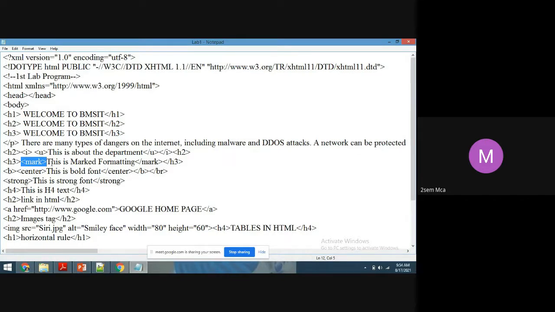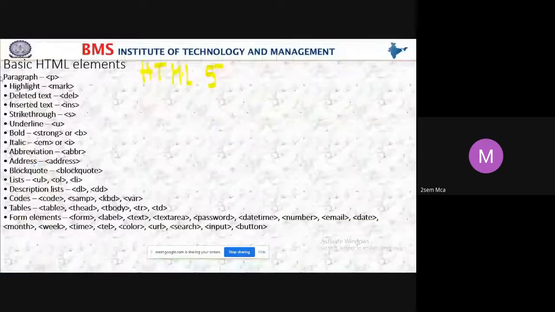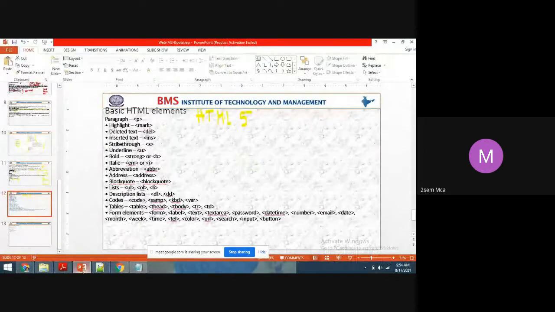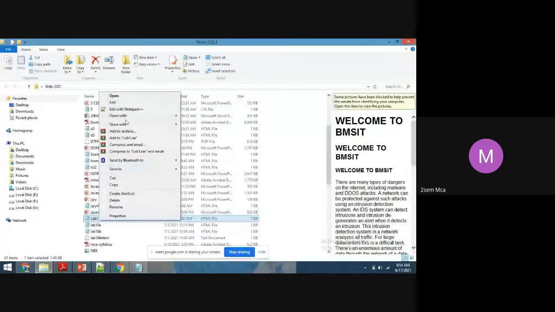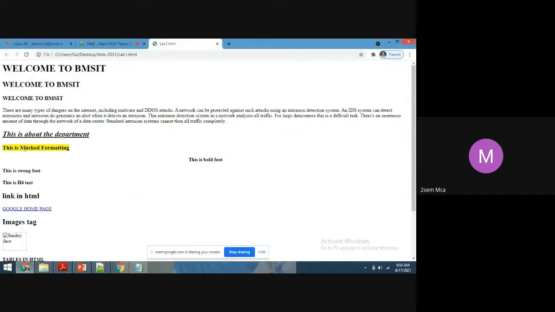Here, the reason also I have written why to use a mark tag. The mark tag is used to highlight something. So when I use a mark tag, how it will show in the output is, see, this is marked formatting.